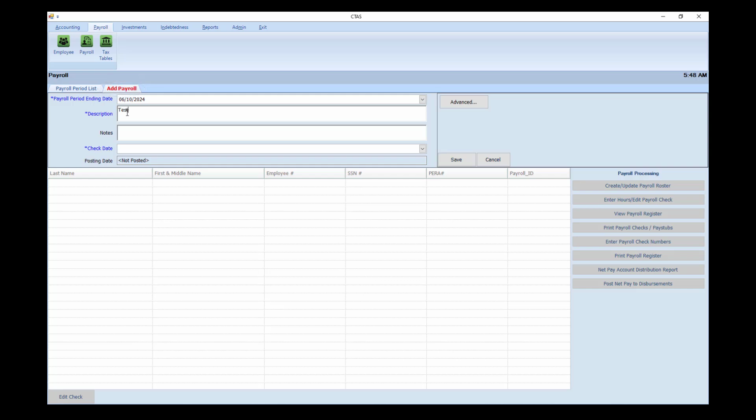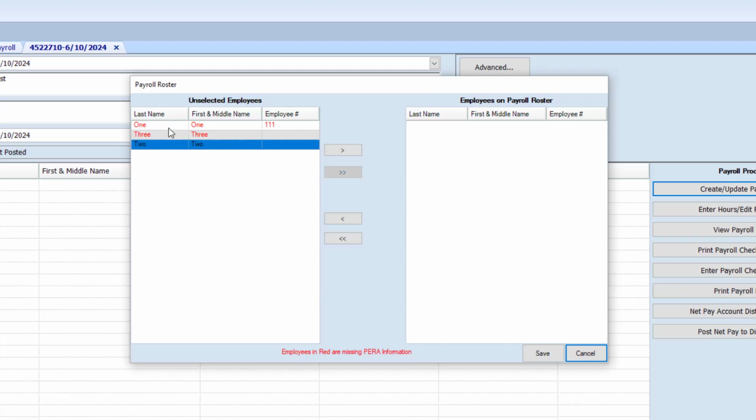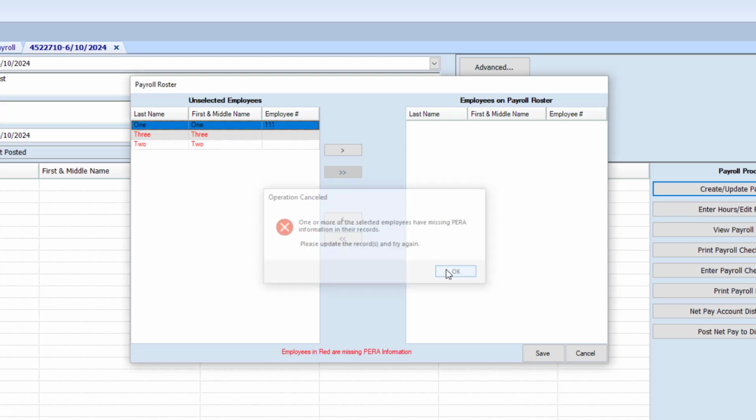When you create your first payroll in CTAS after updating, and you try to add employees to the employee roster, you will notice that they are listed in red and cannot be moved over to be added to the payroll roster until you update their PERA information. You will need to update each individual employee's PERA information before they can be moved onto the payroll roster.